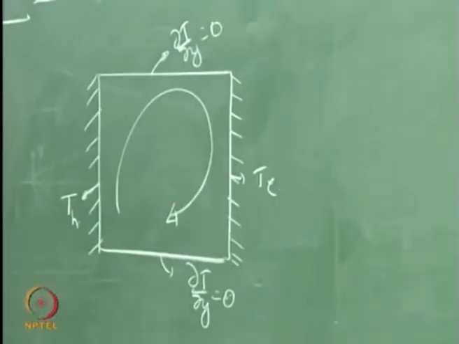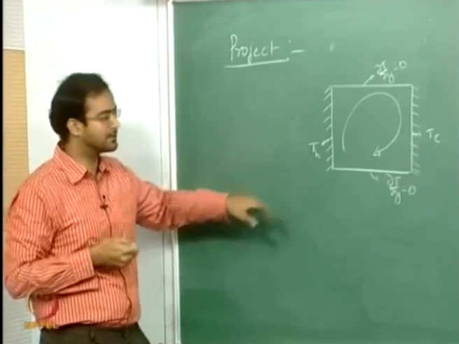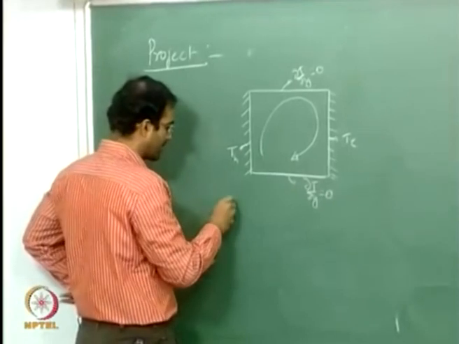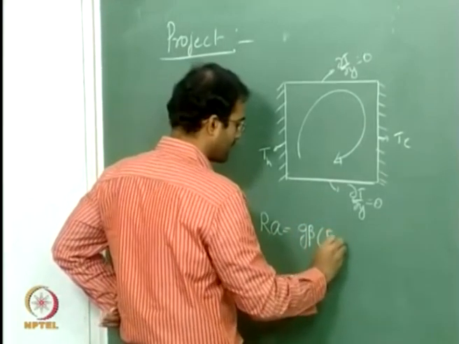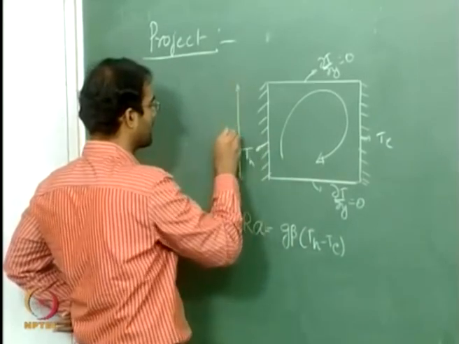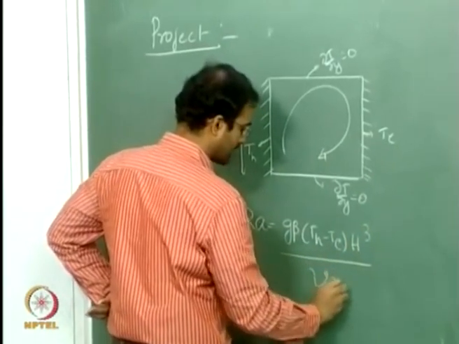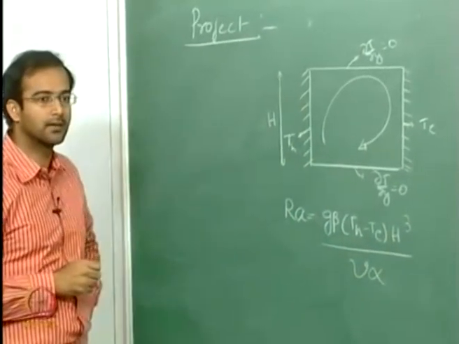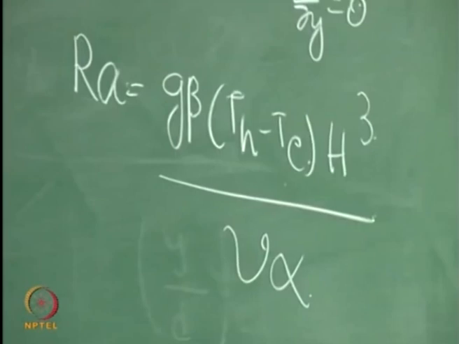Okay. So it is also called free convection. Now for small temperature differences, in natural convection we characterize it with a non-dimensional number called the Grashof number, also sometimes written as the Rayleigh number. This is g beta into Th minus Tc into, if it is a square cavity, the dimension h cubed by kinematic viscosity into thermal diffusivity. Okay. So this is a non-dimensional number which characterizes the ratio of buoyancy force to the viscous force, and this